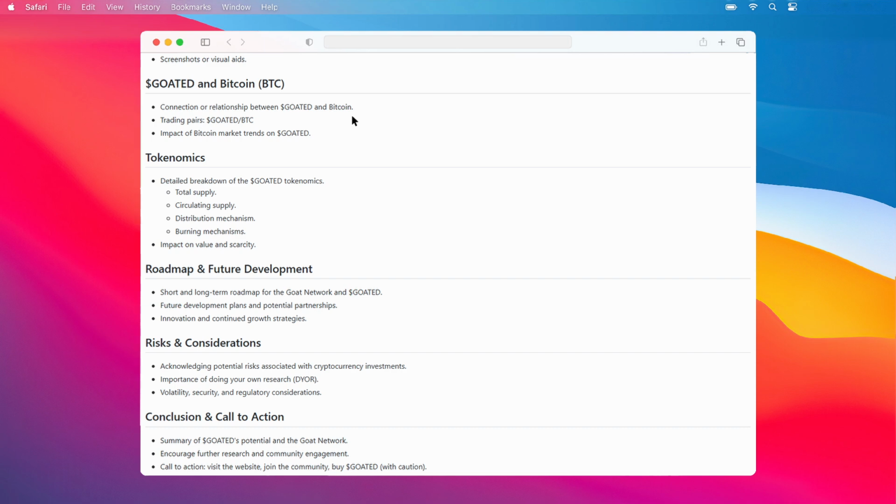In conclusion, GOATED presents an intriguing opportunity within the GOATED network. We encourage you to conduct thorough research, engage with the community, and proceed with caution if you